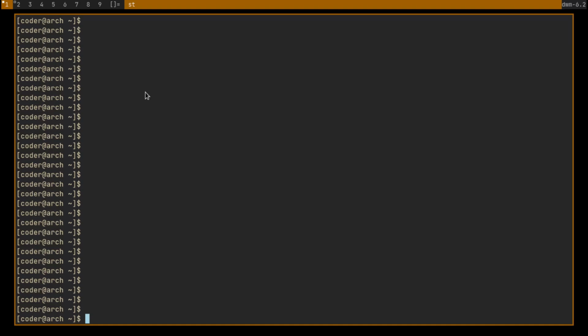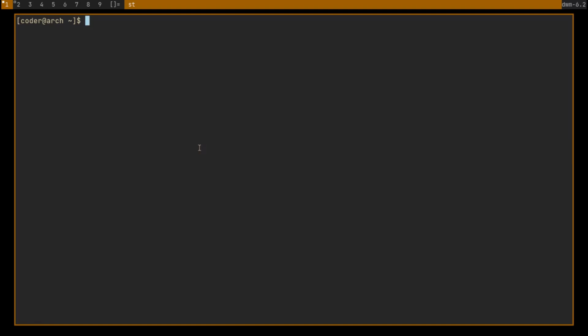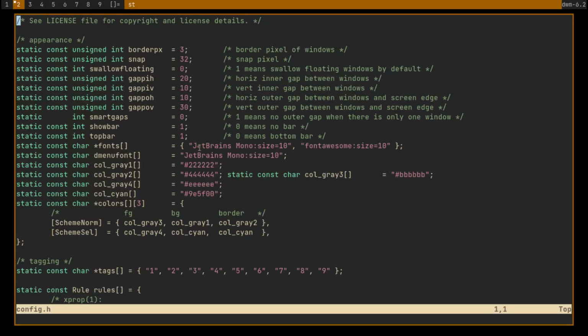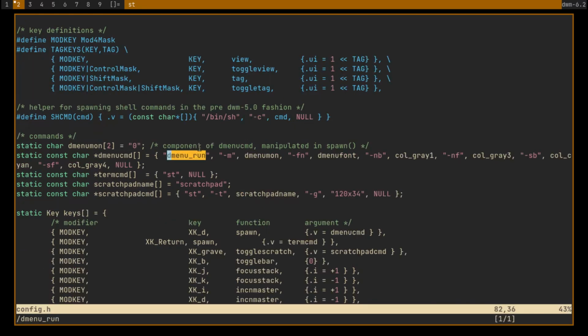Three, two, one, go. So Firefox is now installed. So to run Firefox, the key binding in my build is mod D. So mod is the super key, the Windows key.